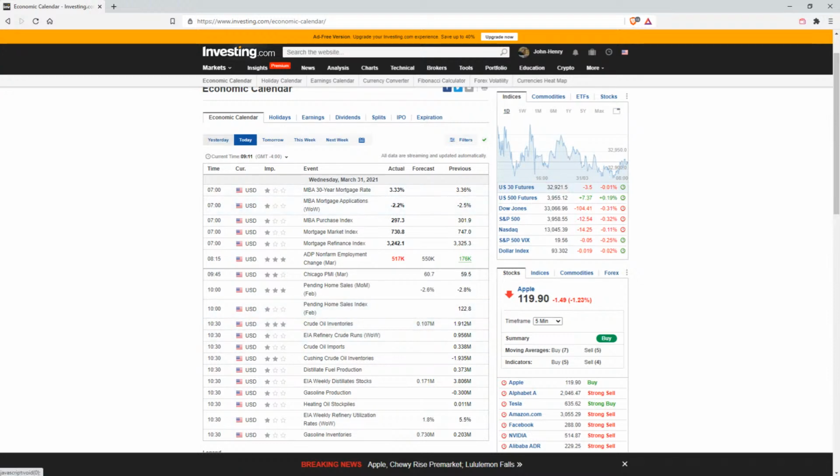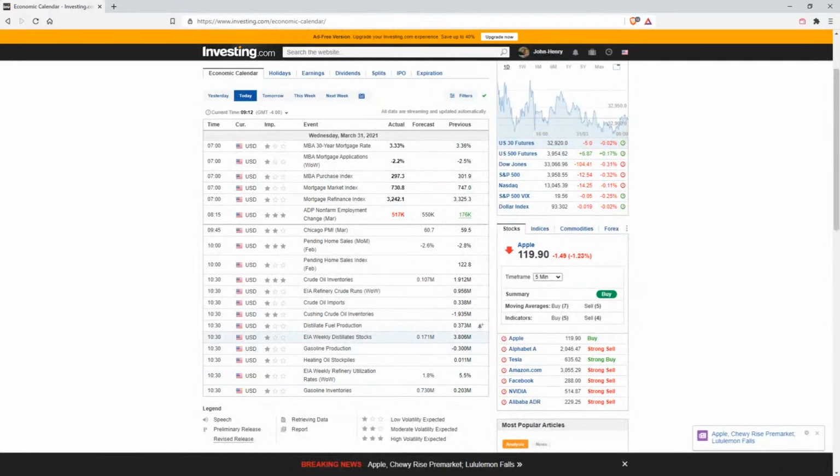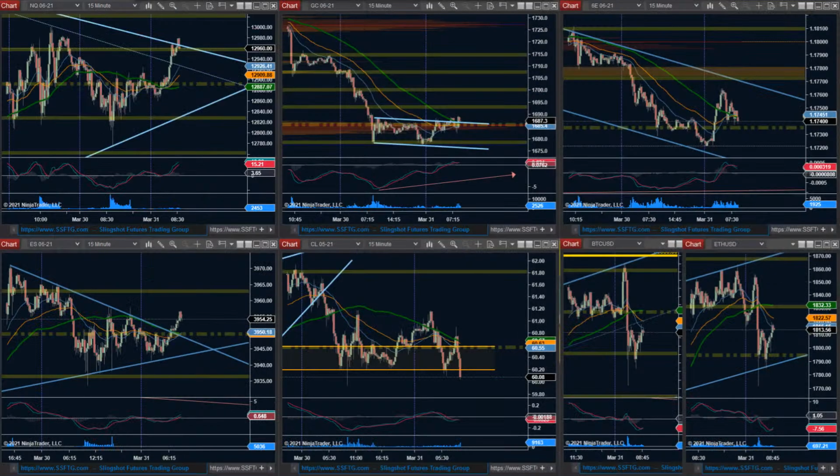Now, if we go back to yesterday, we can see what's going on with the API crude oil stocks, and that gives us an idea of what to expect for today. And for today, it's kind of giving us a clue that it might come out a little bit more bearish, a little bit closer to that 4 million mark. If we look at today, they're anticipating a 0.1. Seeing it come out at around a positive 2 or 3 build would make a lot of sense, and seeing it be bearish for crude oil doesn't necessarily mean that the market will respond bearish, as we've seen lately, but something to consider, I guess. That's about all we've got going on.